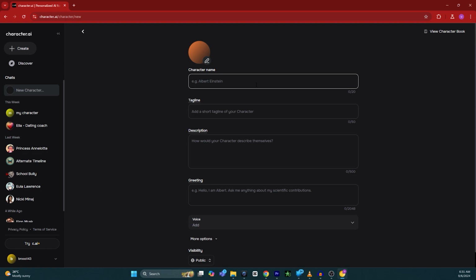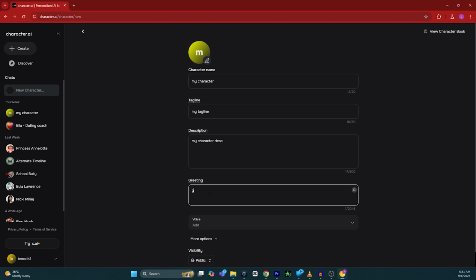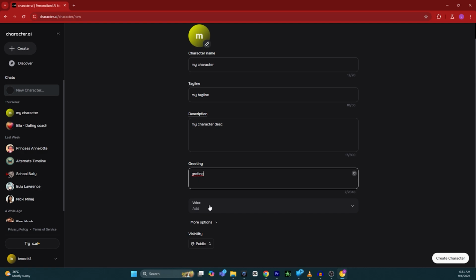You can give any character name. For example, I will set it as my character, and you can also give any tagline to your character and any short descriptions. For the tutorial purpose, I will show you my character description. You can also add a greeting, and after that you have to click on this drop down menu of this